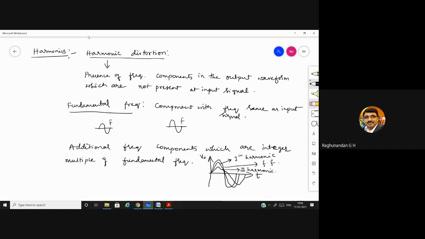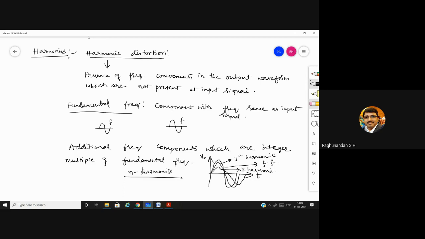So the extra signals which we are getting at the output are known as the harmonics. Based on that, we have first harmonic, second harmonic, third harmonic, and we can have n harmonics. That means if you have n harmonics, whatever output you are getting is completely distorted. It is not clear. It has n number of harmonics, meaning n number of unwanted signals are added up at the output. So this is how we are going to consider the harmonics part.